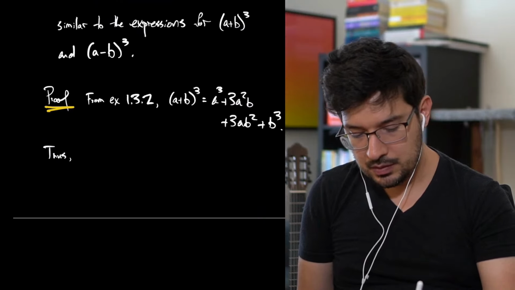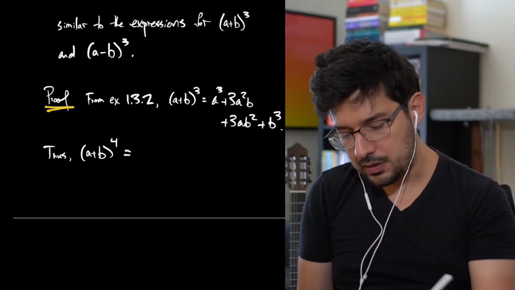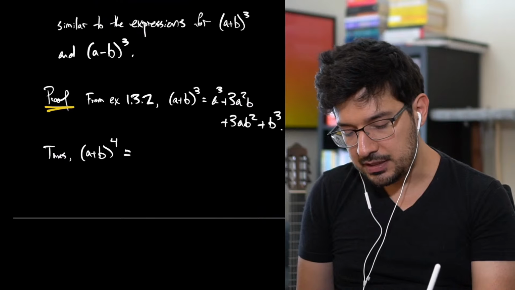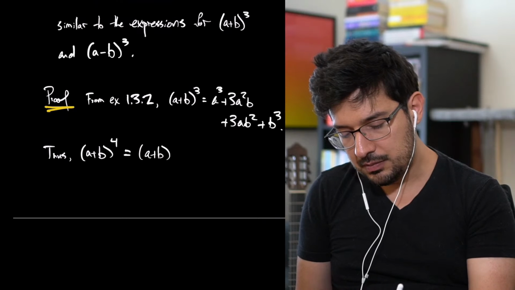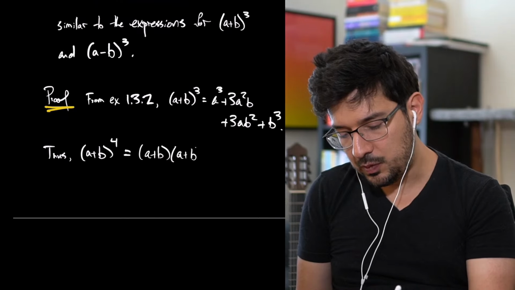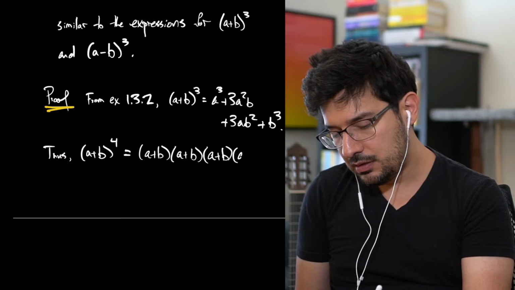Thus, a plus b to the fourth, remember that this is by definition a plus b multiplied by itself 4 times. That's the definition of a